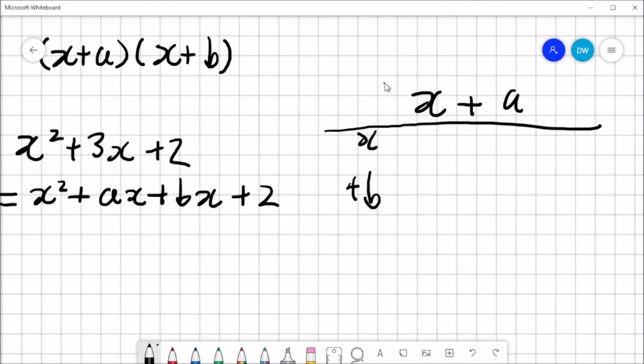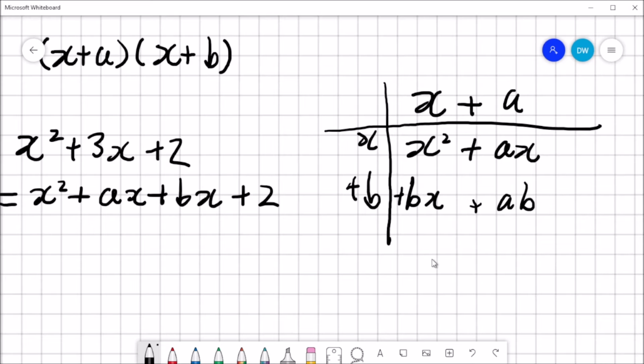So if we expand it, we have x times x, which gives us x squared, plus a times x, which gives us ax. X times b here will give us bx, and b times a here will give us plus ab. Should be a plus here. So if we add all of these up, we should have x squared plus ax plus bx plus ab. Now,